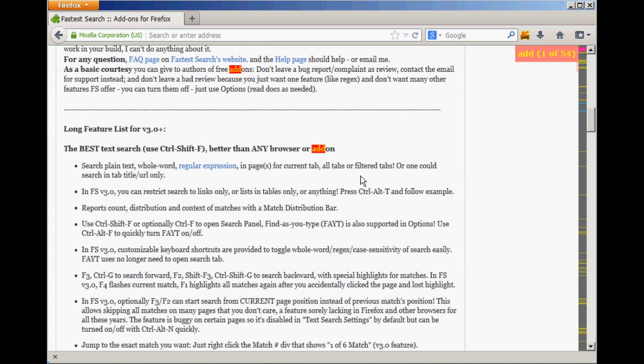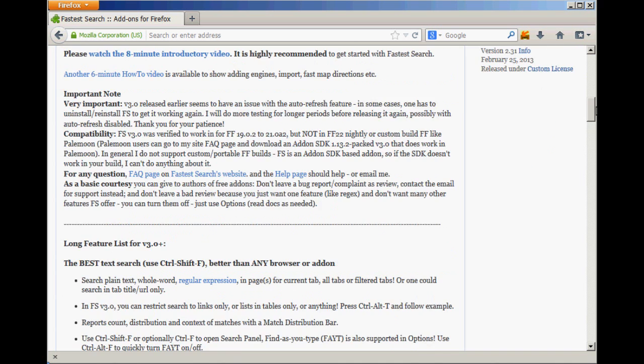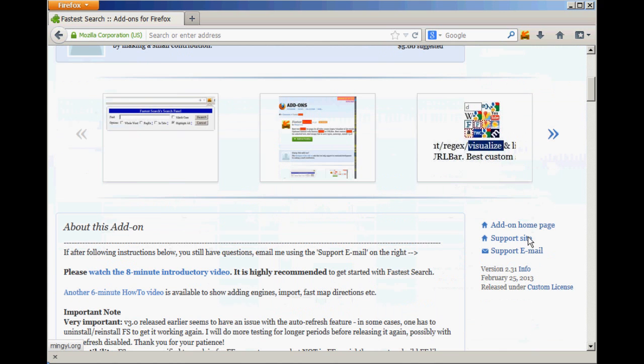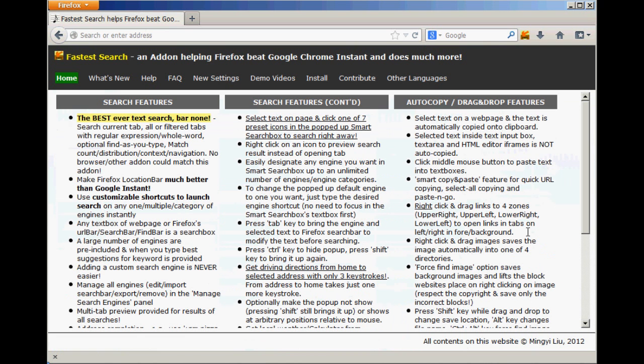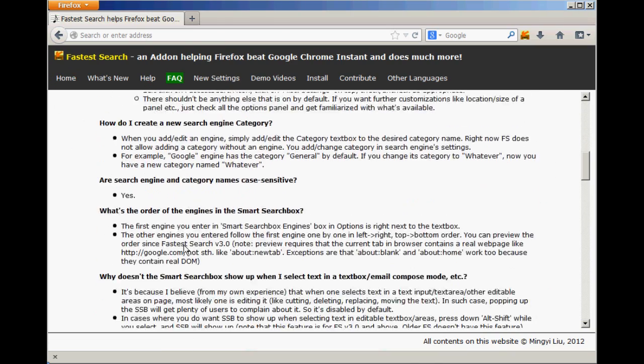Another thing, that's basically the text search. The regular expression is extremely powerful, and there are some intricacies. Basically, faceted search supports nearly everything that the JavaScript regular expression engine supports, but with a little bit of change. In fact, I have detailed documentation on my web page. If you go to the add-on homepage and go to the FAQ, there was one thing that says